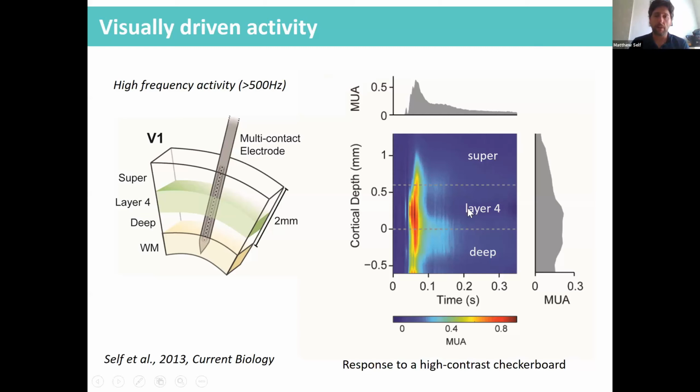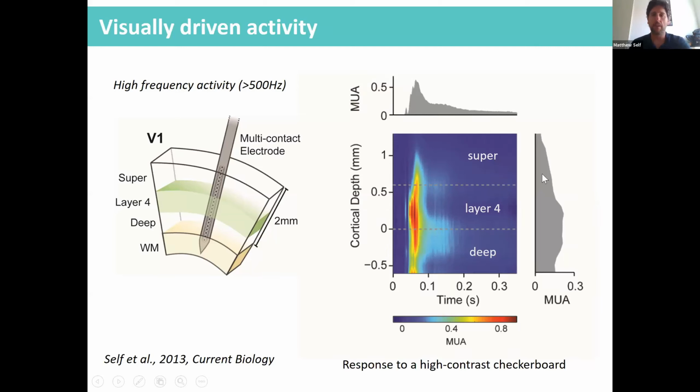So that's what you see in the color code here. This is depth. 0 is the boundary between layer 4 and layer 5. And then we have the deep layers and the superficial layers at the top. Time is on the bottom. If we average across the layers at the top here, you see the visual response starts with a very strong peak, which then tails off towards spontaneous activity over about 300